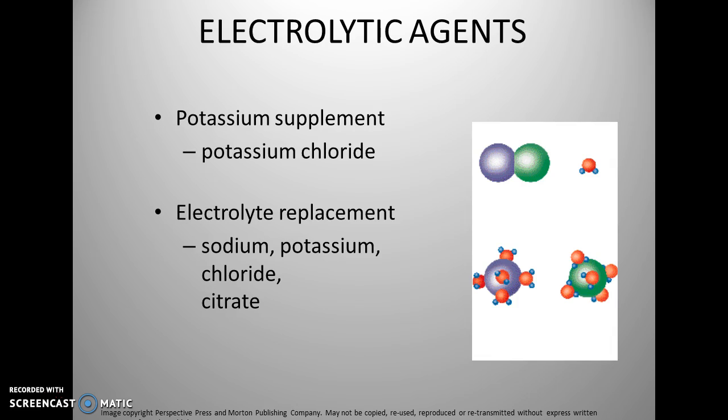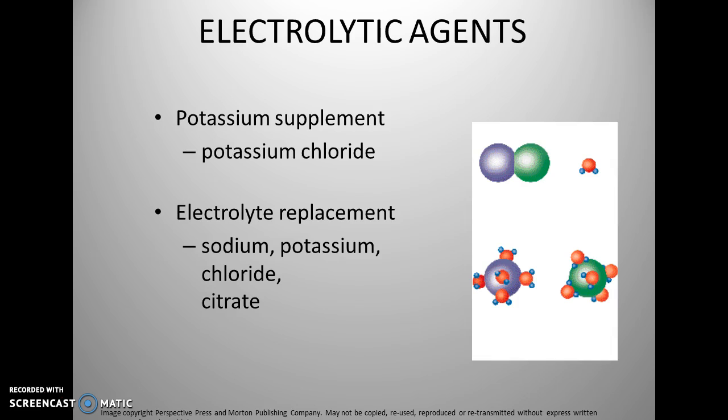Now, let's take a look at electrolytic agents. When we talk about electrolytic agents, maintaining a proper balance of the body fluids is essential for good health and function. Water is a primary element of the body, so that close to 70% of the body is water, accounting for a significant part of the body's weight. It is found in the cell. Consider intracellular fluid. Outside the cell, we call it extracellular fluid. And then if it's in the plasma or tissue, it's the tissue fluid.